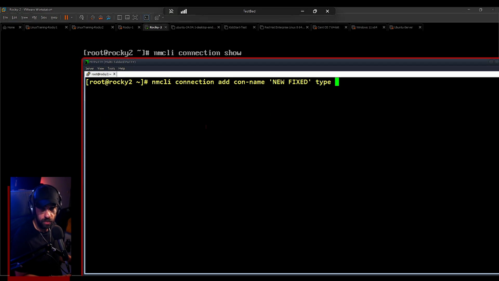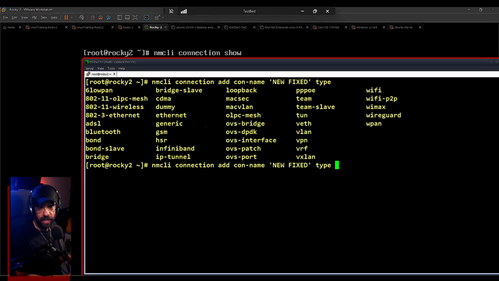So type, it's going to tell us what connection type it is. You can say it is Ethernet, normal, dial-up, VPN. If you are in doubt, just hit the tab key twice and you have the list. In this case, it's Ethernet. Okay, cool. Next, I can just dive in with the configurations themselves, and I'm going to tell the IP address,